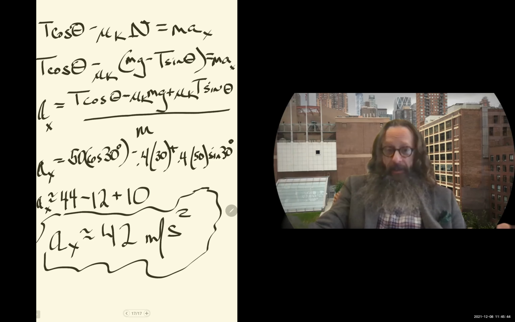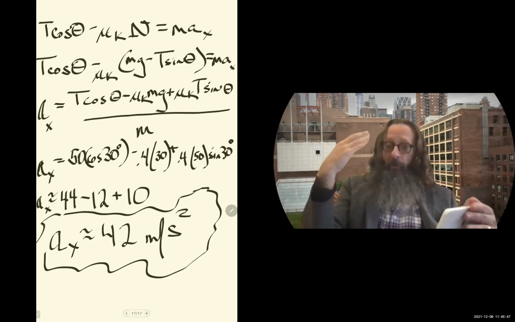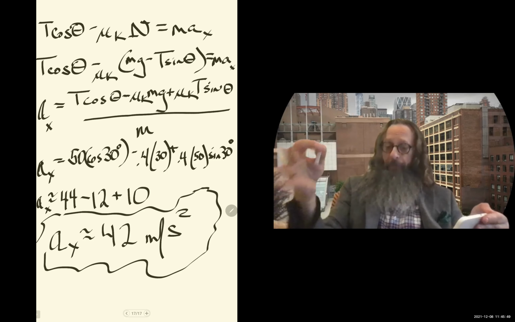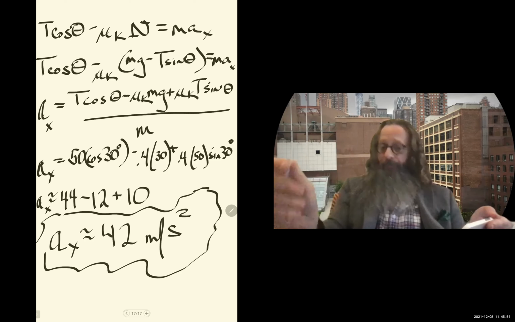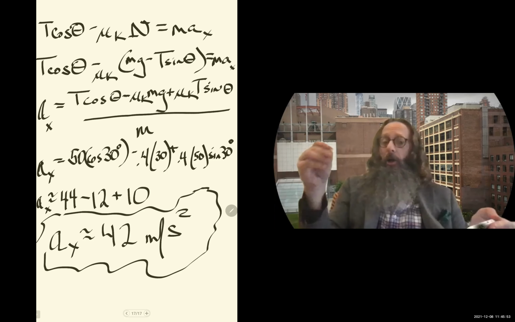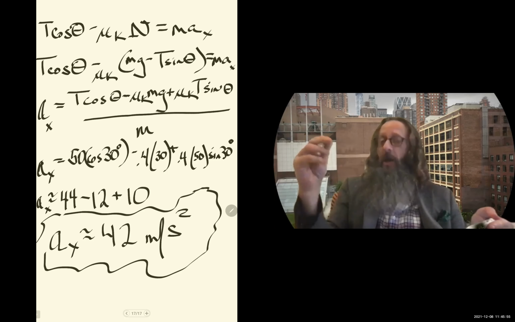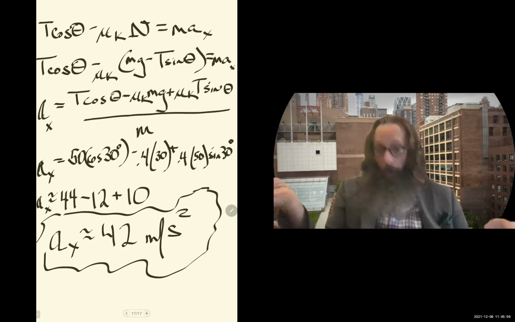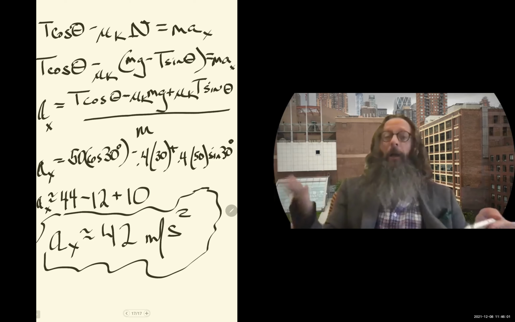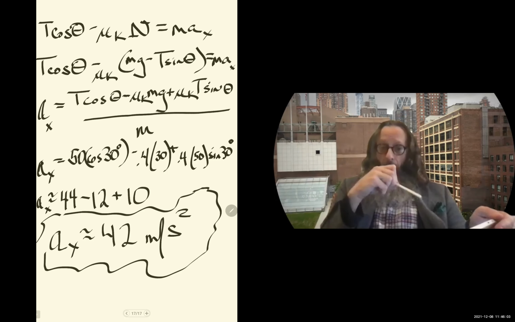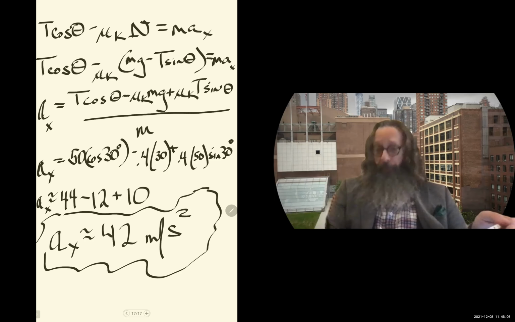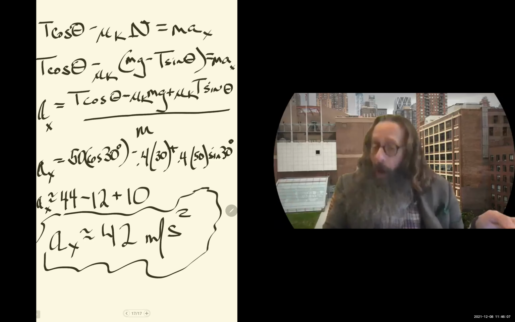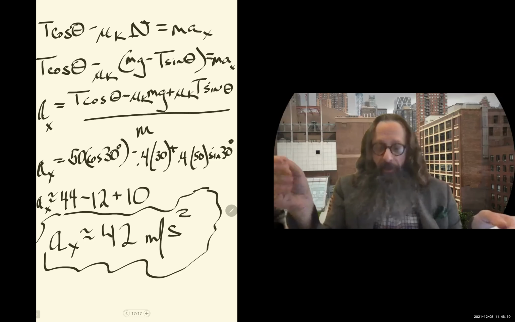It was an object on a rough surface being pulled at some angle. So this involved a number of forces. It involved an angle. It involved roughness or friction. A lot of factors being involved. But it was just complicated enough to hopefully show you that we can do complicated things. We can do hard things, as the podcast goes.